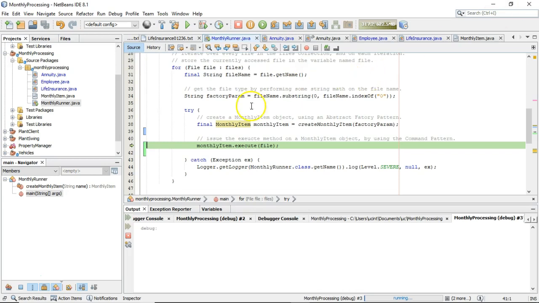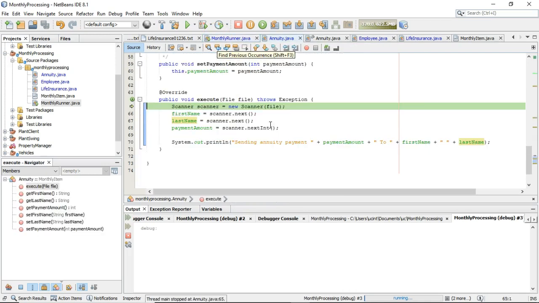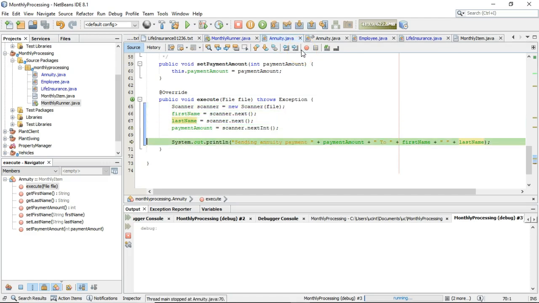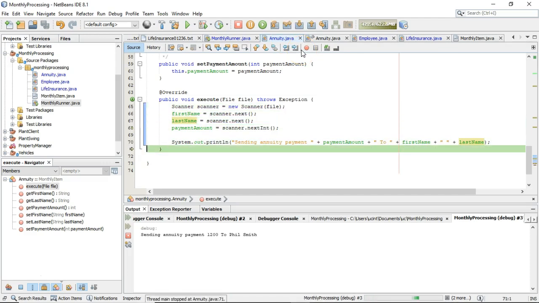So watch closely. While the variable type is monthly item, notice the tab that's currently highlighted as monthly runner. And what happens when I choose F7 and step in here? Take a look. I went to the annuity class. In other words, the object type is where I went. And now that object type is going to read this file, and it's going to print some information. You see that as soon as I stepped over line 70, it printed the information, send payment $1,200 to Phil